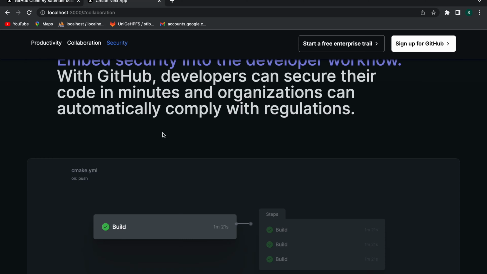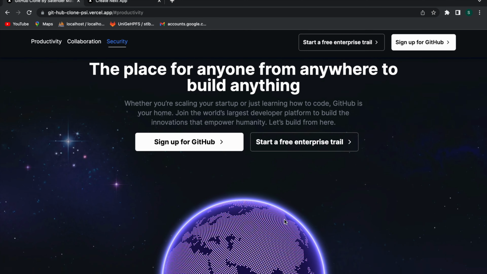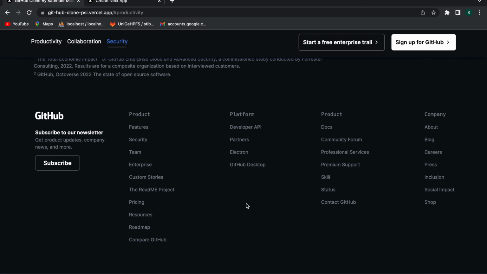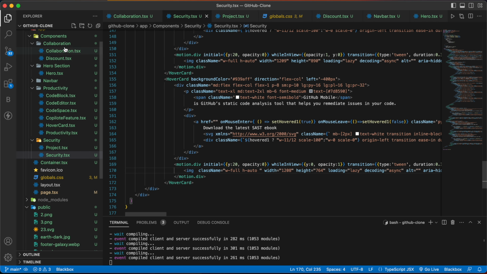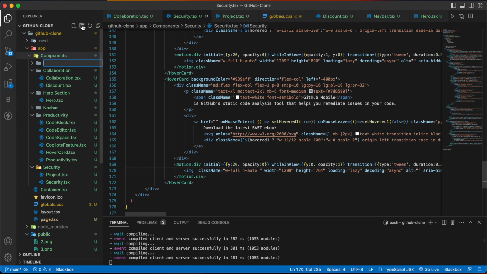So with that, our three sections are ready. Now we have to work on the globe and the footer. For that, let's go here again. Now let's make a folder here named footer, and inside that